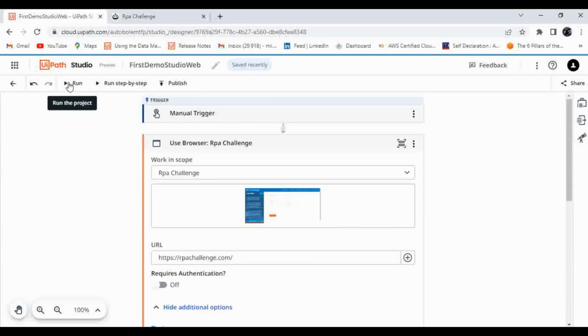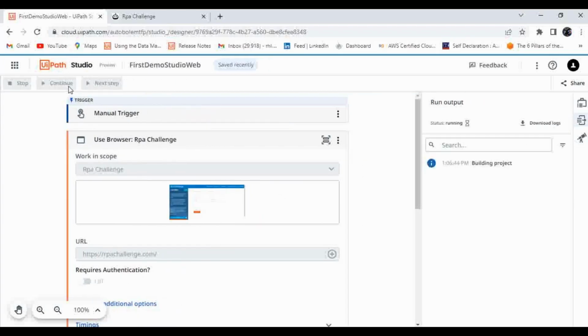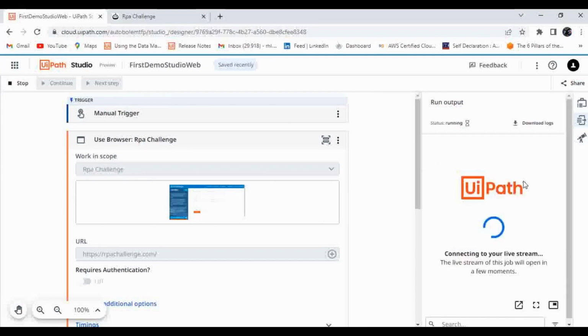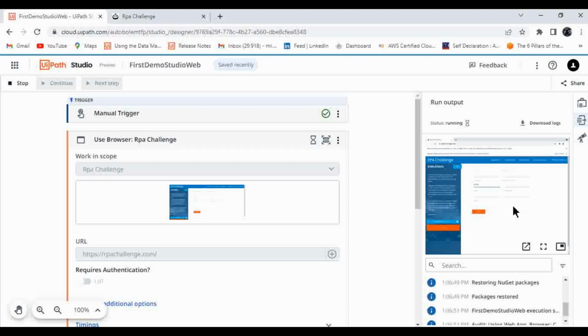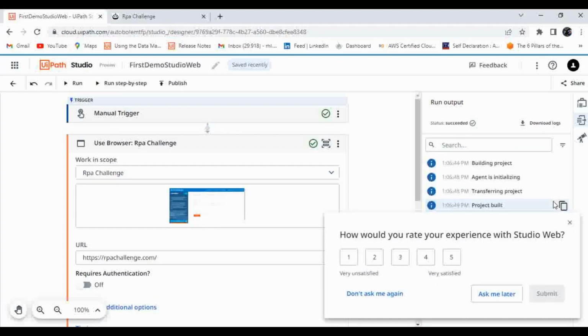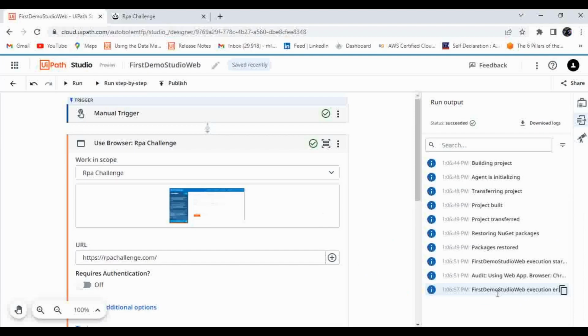If you want to run it step by step, you can execute step by step, and it will go to each activity one by one. I'm just going to run it. Here you can see how it is executed. It is connecting to your live stream. As I mentioned, it is opening in a serverless robot, so you're getting the live stream of the execution. Here we are getting each step of how Studio Web has executed this automation